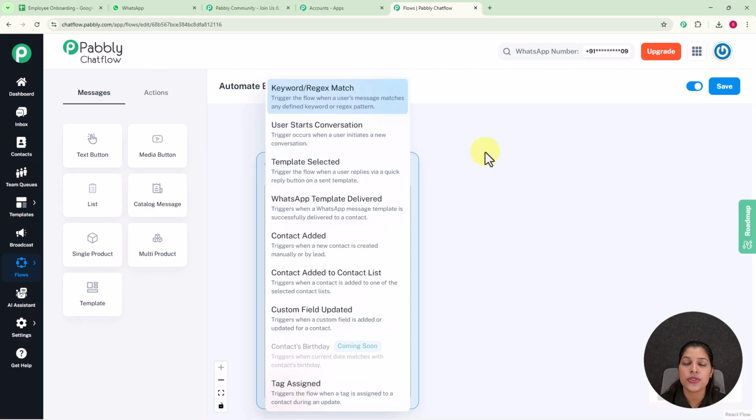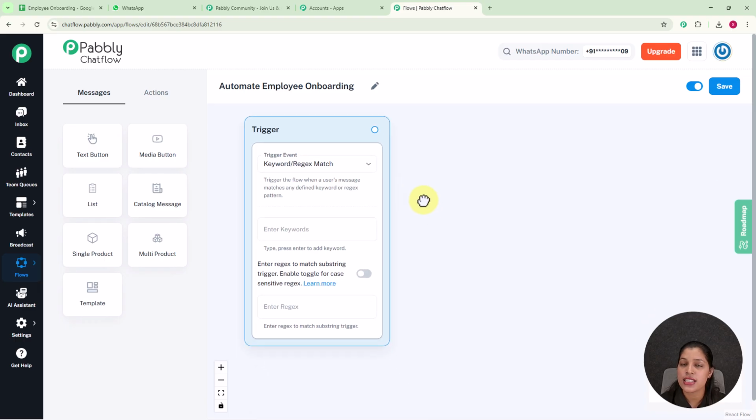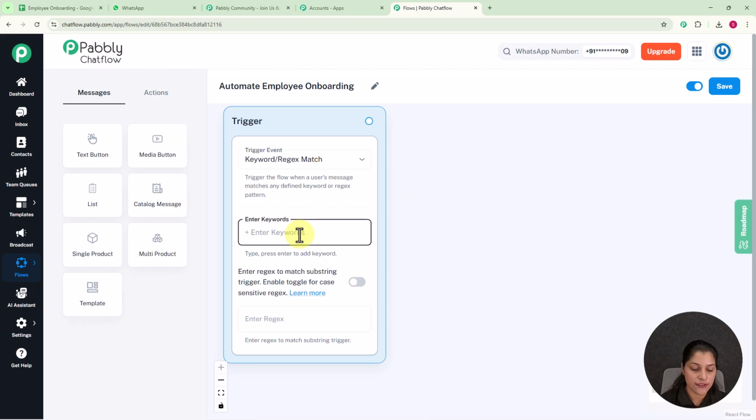And here I am going to keep it the same, that is keyword regex match. Now you might be thinking, what are these keywords and regex? So keywords are the words that are going to initiate our chatbot. Let's say I want to initiate my chatbot as soon as someone enters the message new employee. For that, you just have to make the words new employee your keyword. Type it and press the enter key, and here our one keyword is